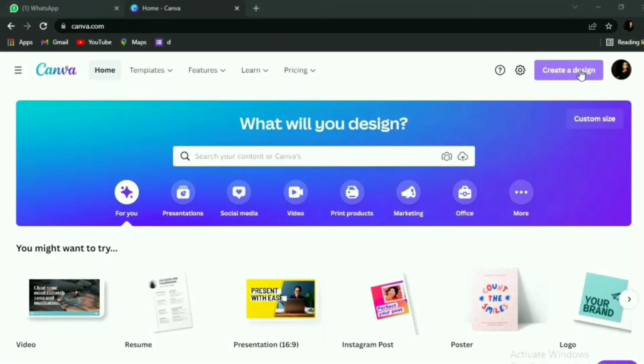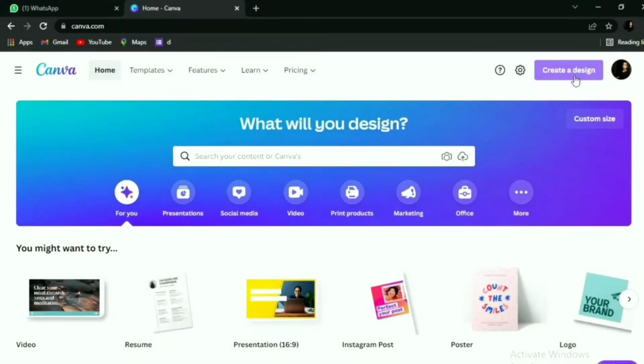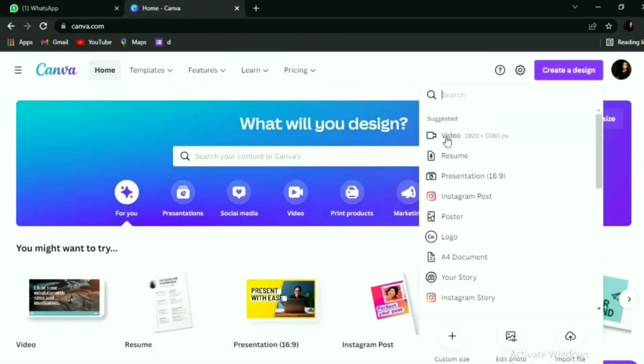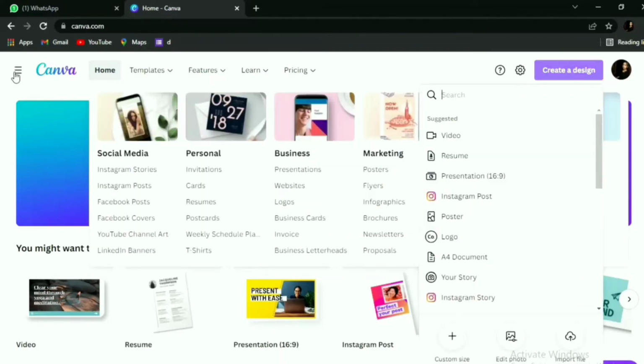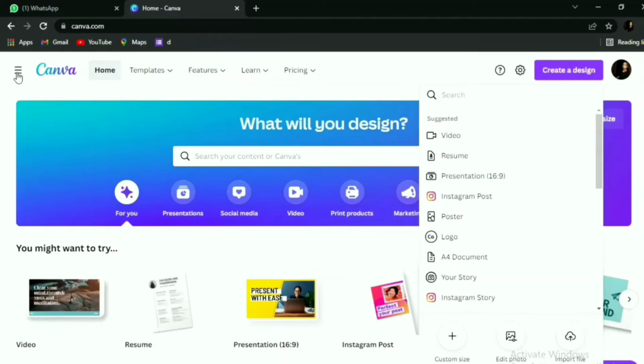Then here there is Create a Design. In this menu, you can create your own design with a blank section. Besides that, you can also edit photos and import your file. After clicking Create Design, there are some features like template, element, upload, text, or more, namely background, audio, photo, style, video, or folders. Then on the left side there are 3 lines.